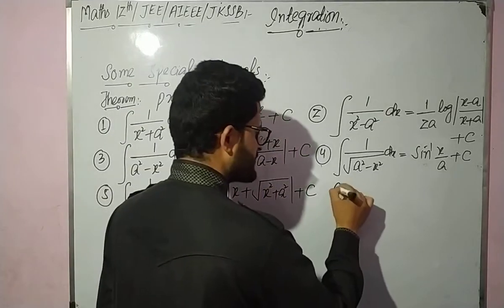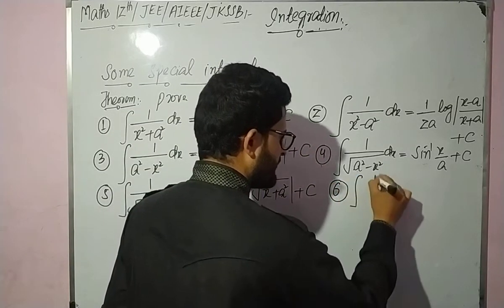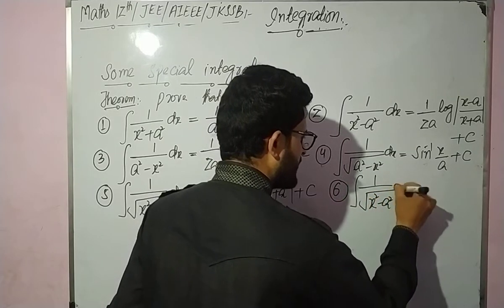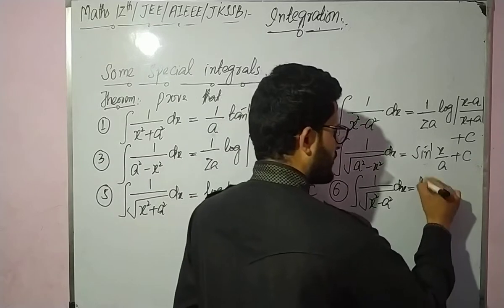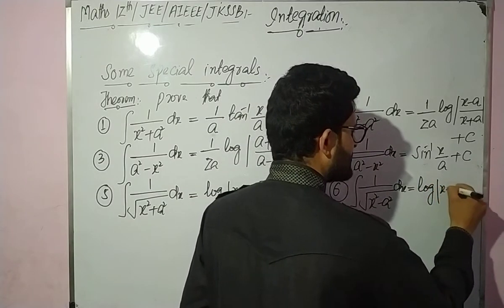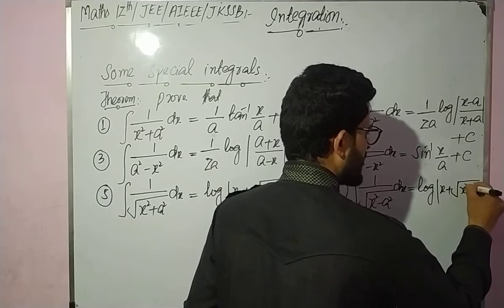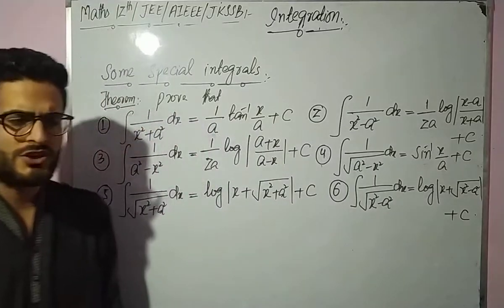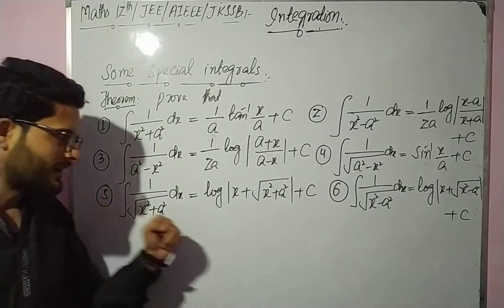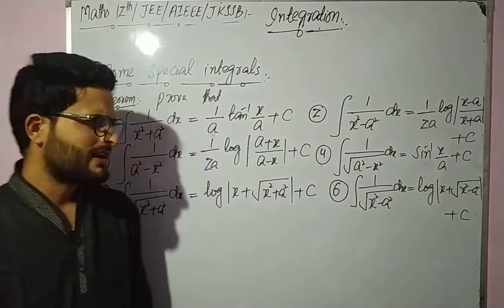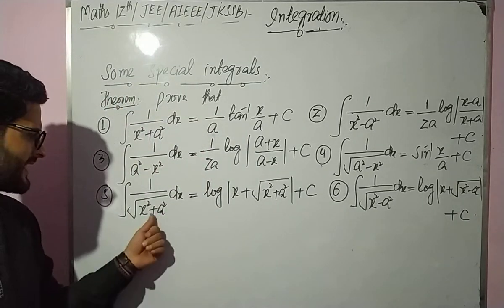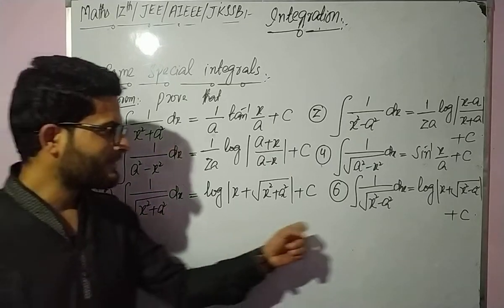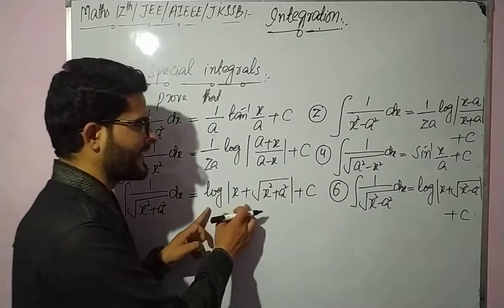And finally, the sixth special integral is integration of 1 divided by square root of x square minus a square into dx, and that is again equal to log of mod of x plus square root of x square minus a square plus c, the constant of integration. The fifth and the sixth special integrals are just the mirror images of each other, because here between x square and a square we have a plus sign, and here we have a minus sign, and it is equal to log of mod of x plus